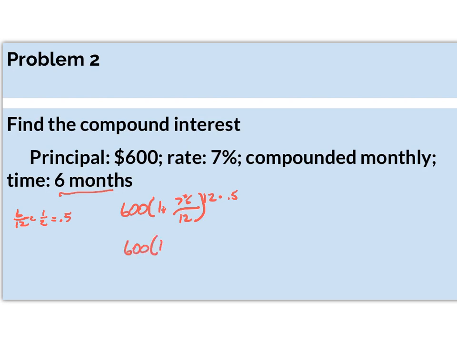600. 7 divided by 12 is 0.083. Okay, 7% divided by 12, so it's 0.07 divided by 12. You get 0.00583, repeating. And then 12 times 0.5 is 6. So once you multiply all of that, you'll get